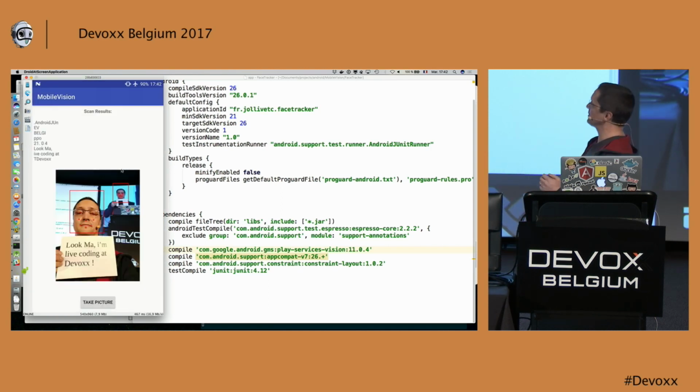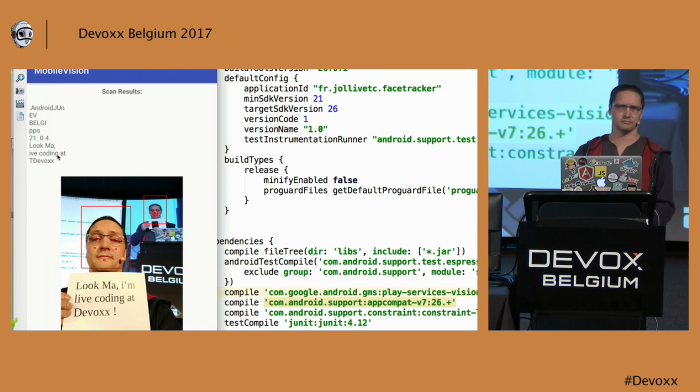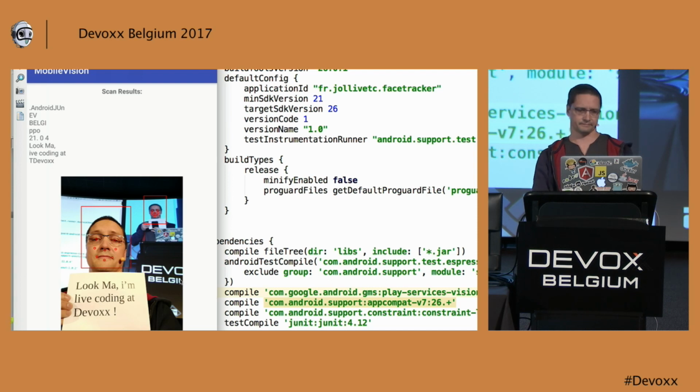Wow. So as you can see, it detected my text in the picture, not every letter, but it also detected some letters, I think, behind me on the screen, something like Devoxx Belgium.